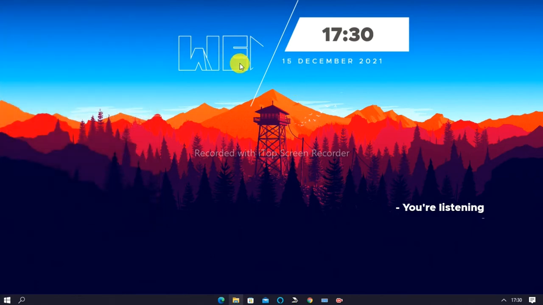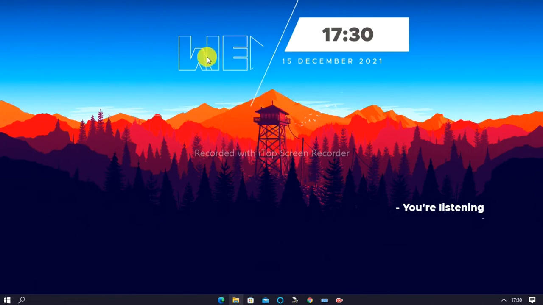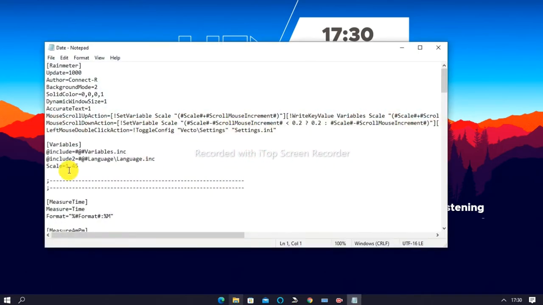Then it is a big dangling piece of art, so I will just right click it and click on edit scale. So the scale is 1.5. You can just scale it as per your liking. I will go for 0.5. Then I will click on save.